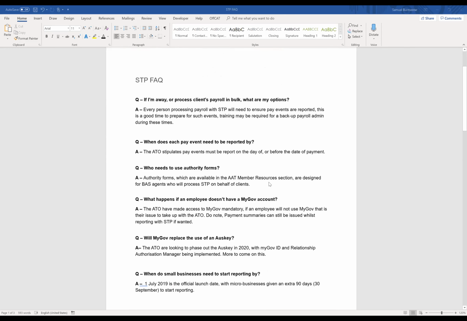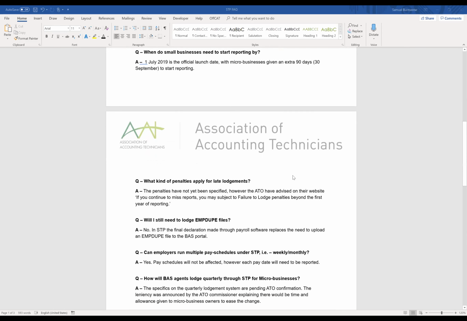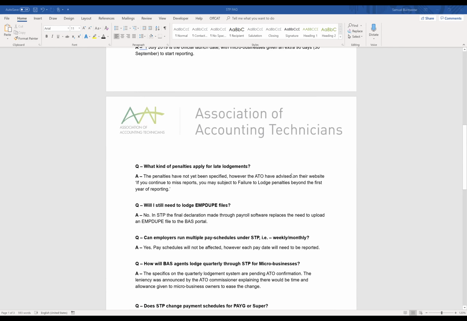Let's go down to another one that a lot of people have asked about. So what kind of penalties apply for late lodgements? Look, the penalties haven't really been defined clearly on the ATO website. However, the ATO have advised, this is in their writing, if you continue to miss reports, you may be subject to failure to lodge penalties beyond the first year of reporting. So they will provide leniency in the first year, but come July 2020, you'll need to make sure that STP